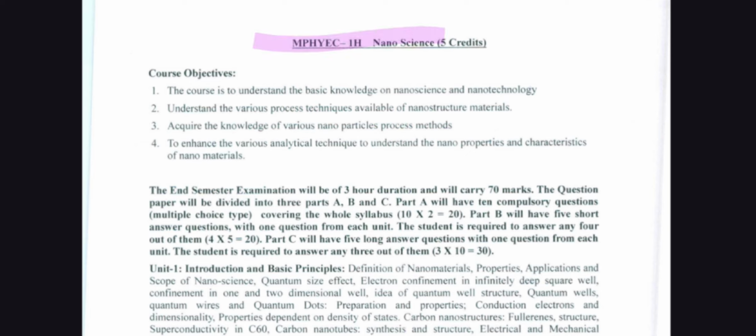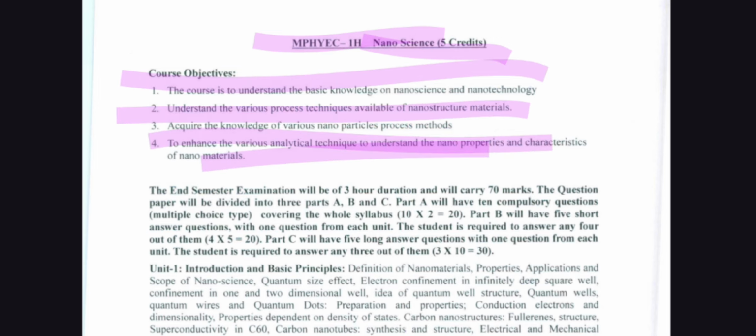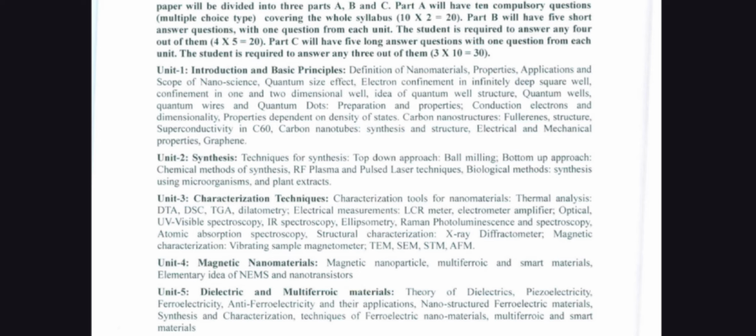So M.Sc. Physics elective, Nano Science. Nano Science, you see the course objectives. Unit 1 is introduction and basic principles: definition of nanomaterials, property, application and scope of nanoscience, quantum size effect, electron confinement in an infinitely deep square well, confinement in 1 and 2 dimensional wells, idea of quantum well structure,